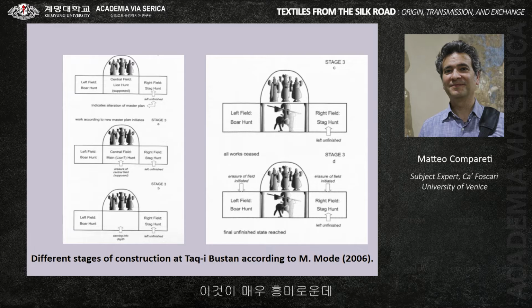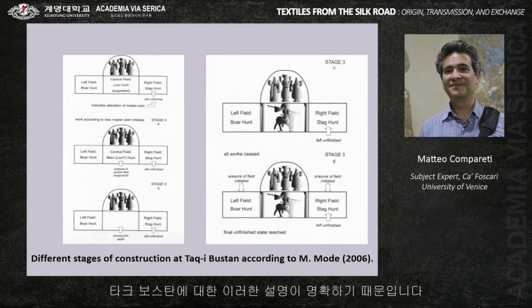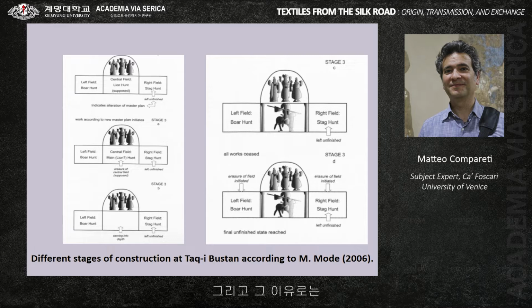This is very interesting because the phases at Takebustan are definitely something clear, in my opinion, because the two surviving lateral panels, the wild boar hunt panel on the left and the one with deer hunting scenes on the right, are definitely different in style than the king on the horse and the king between the two gods. This is, in my opinion, not something which happened because a king changed his mind, but because two personalities worked